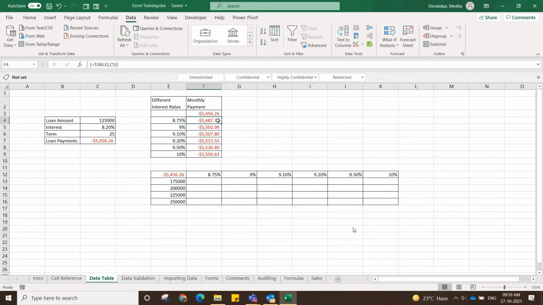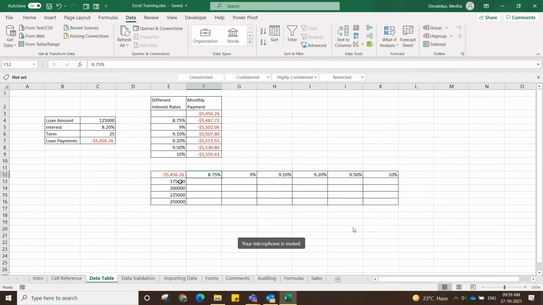Okay. Here you'll see the formula is like this. It is a data table. Here we have used a constant of one cell, not both cells. Only a row, only a column. Now we need to change as per the interest rate.